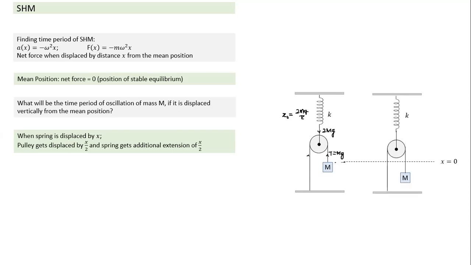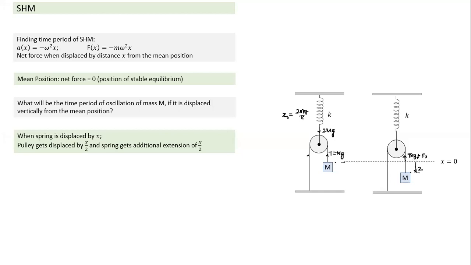Let's see how we calculate the net force. I have drawn another figure here. This was the equilibrium position. From the equilibrium position, I have given an arbitrary displacement of x. Now I need to find the force acting here. The force acting has to be equal to mg plus F_x, is it not? That's why it will then come back. So the tension now will become mg plus F_x. I have to calculate this additional tension which will develop when I displace.